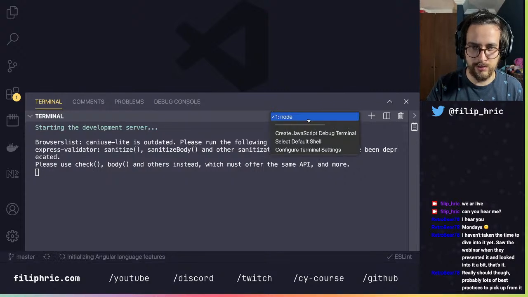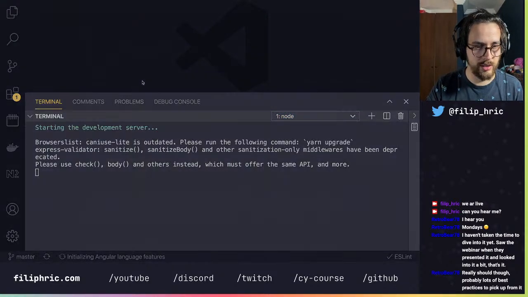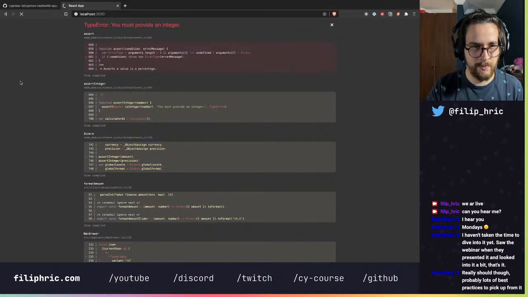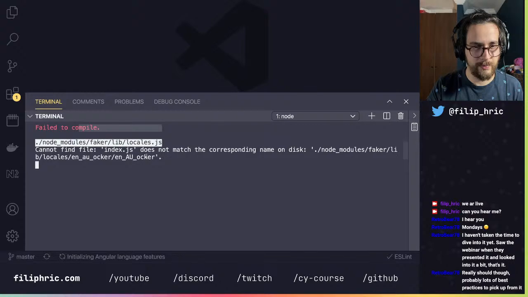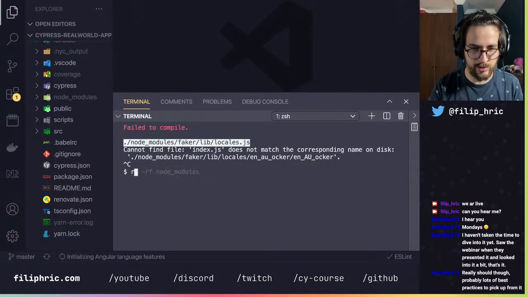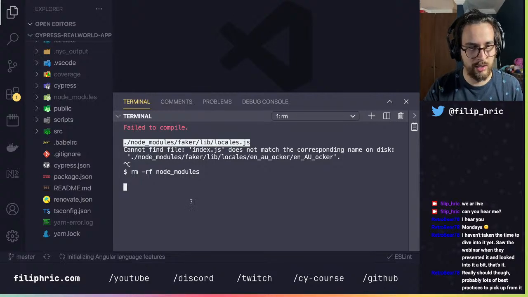This is pretty weird. I'm stuck in a loading state. It seems that the development server is starting and not doing much. Failed to compile. Cannot find index.js file. Faker locales. Okay, let's just remove node modules and try again.